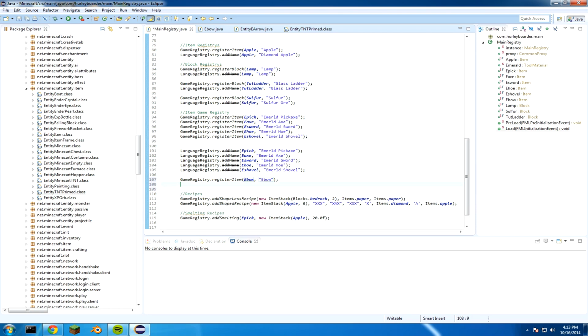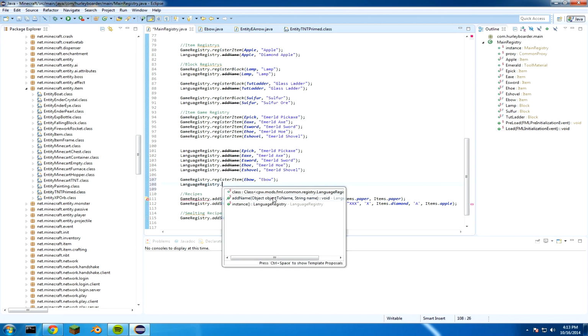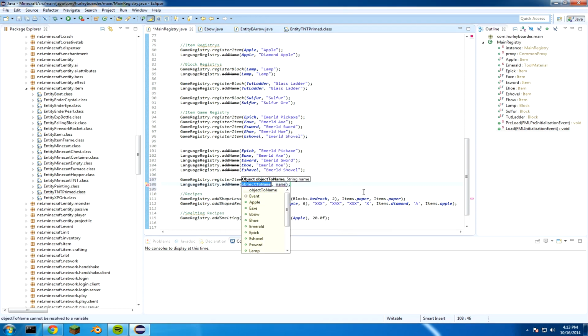And then do LanguageRegistry.addName, and then of course EBO, and in this section